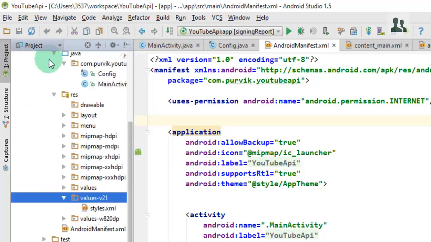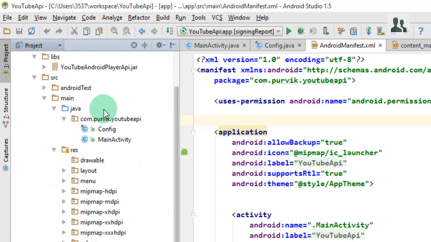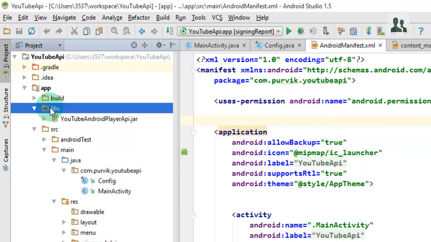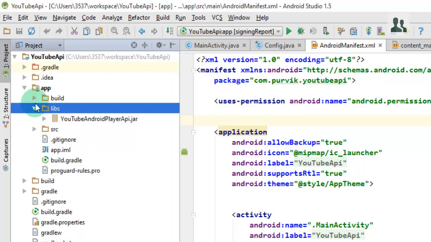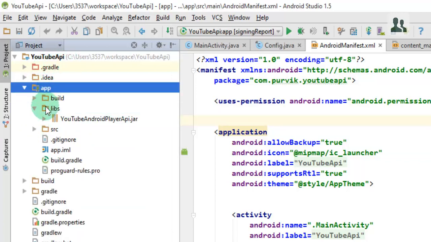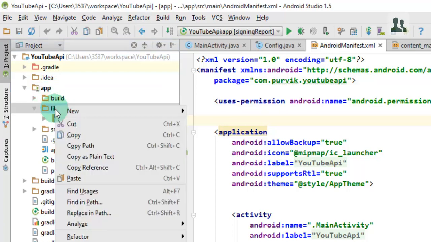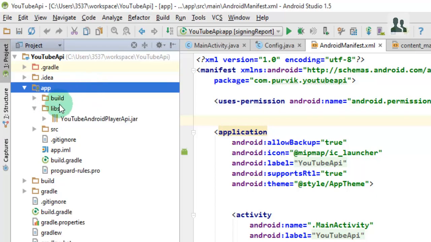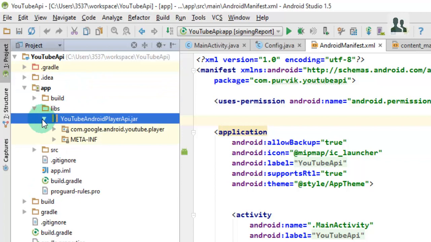So go inside the project structure of our Android project, then go inside the libs, inside the app, go inside the libs where you have to right click and paste this jar file over here, which I have already pasted. So here you can see the YouTube Android Player API jar is present in my library. So the library is now included for our project declaration.